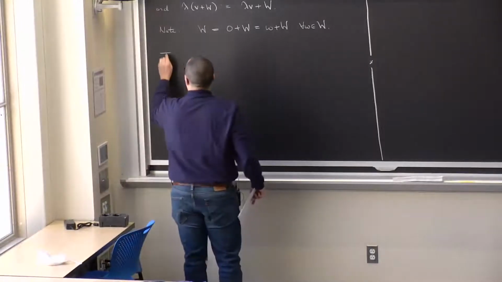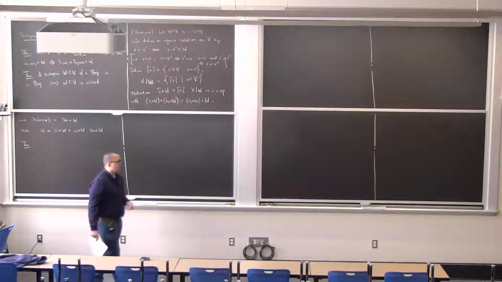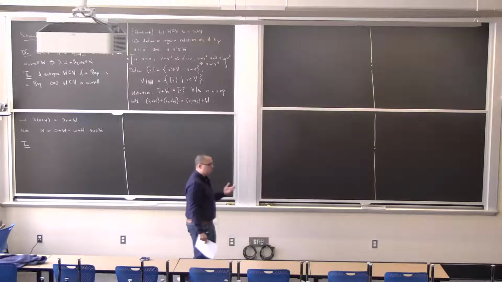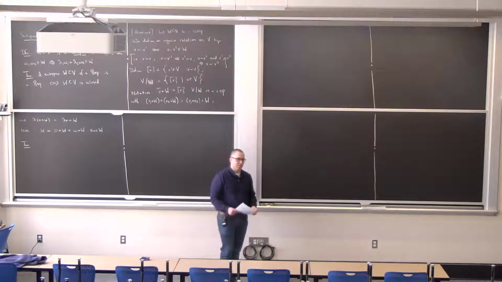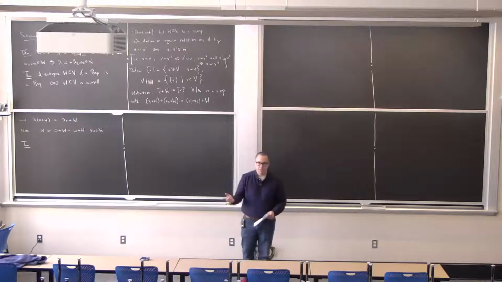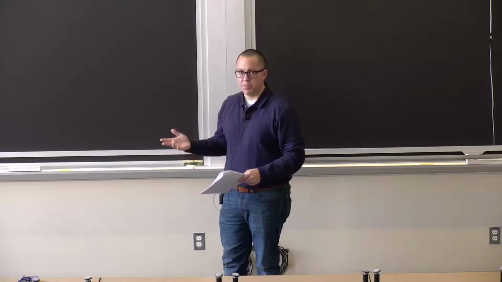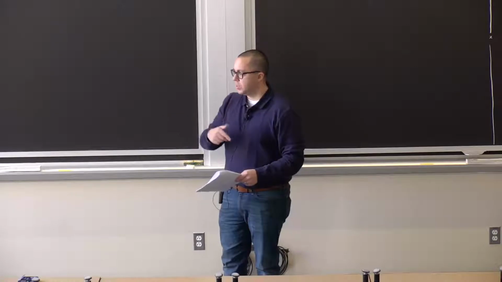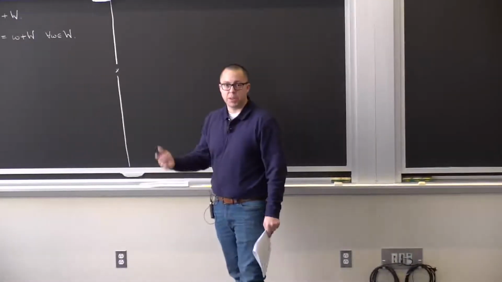So, when we first started talking about norms, I also introduced what was called a seminorm. Now, a seminorm, recall, did not satisfy all three properties a norm satisfied. It satisfies homogeneity, meaning how scalars pull out, and also the triangle inequality. But it didn't satisfy positive definiteness, meaning the seminorm could be 0 for certain non-zero vectors.